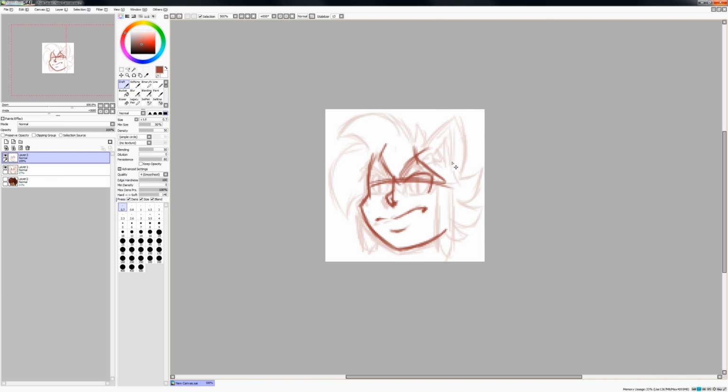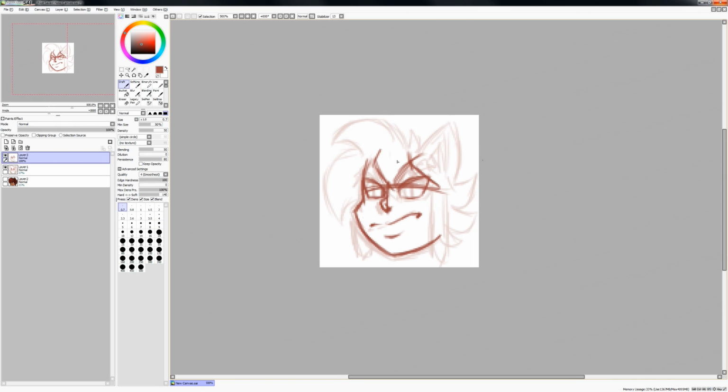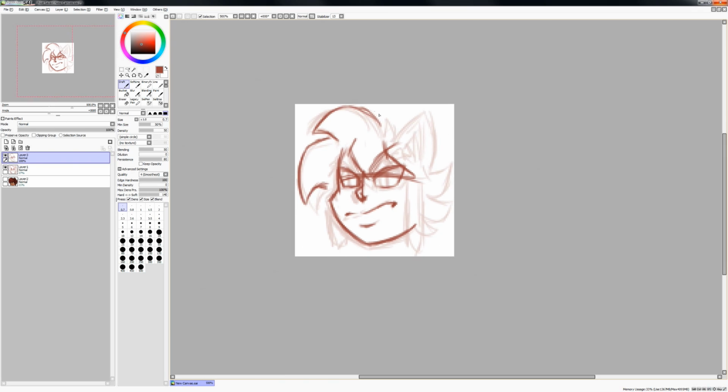So let's see if we can actually... I don't really like the shape of those eyes. And this is one of my problems in doing this, is that I'm so used to illustrating that I do tend to focus a little bit too much on the larger size without worrying too much about the smaller one. One thing that I could do is kind of already shrink this down and start working that up to be something that actually does show up well in terms of contrast. And then once I'm done with that, then I can blow it back up and then start on the actual final result, which I think I will actually do.